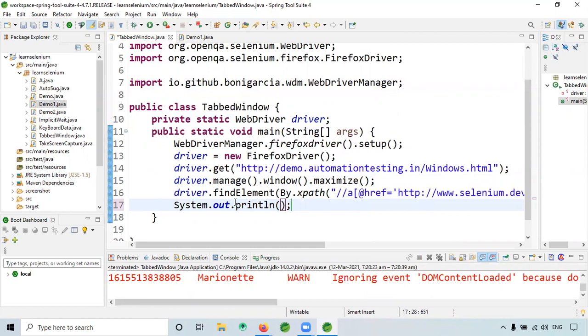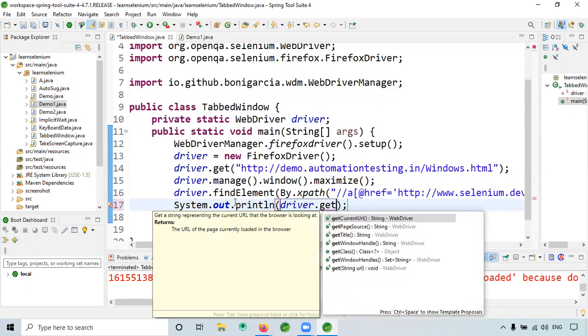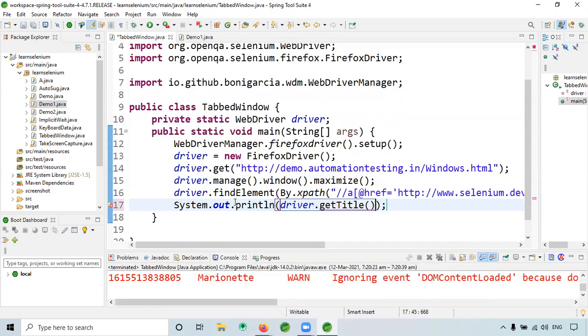When I give driver dot get title, what will it fetch us?